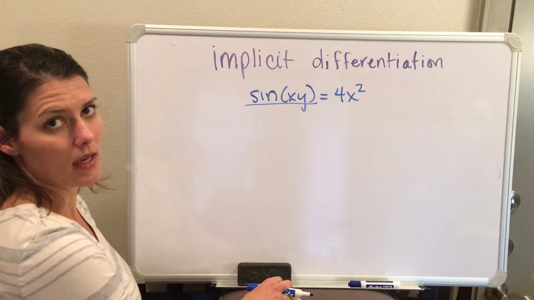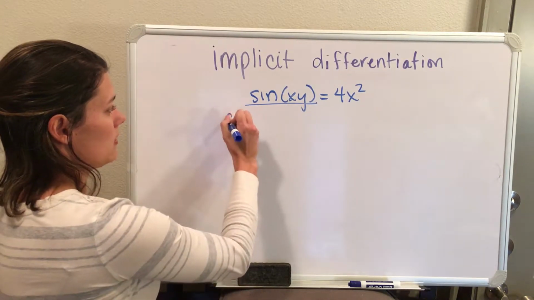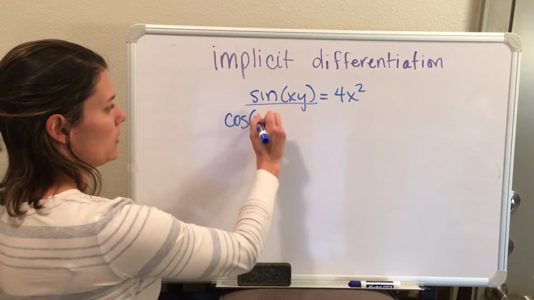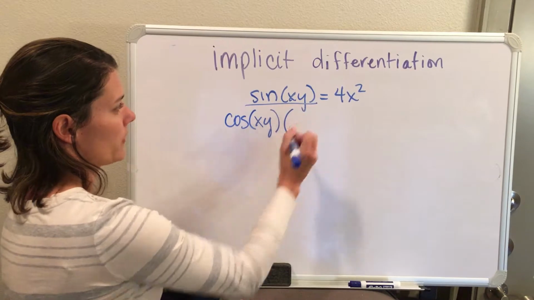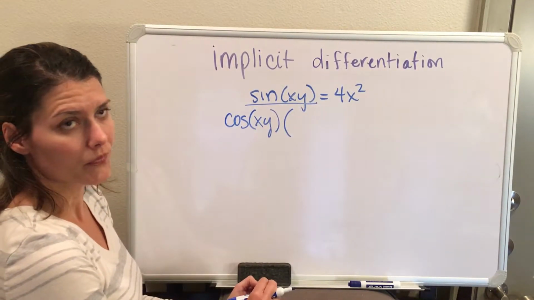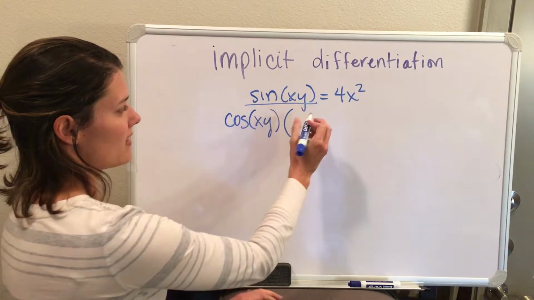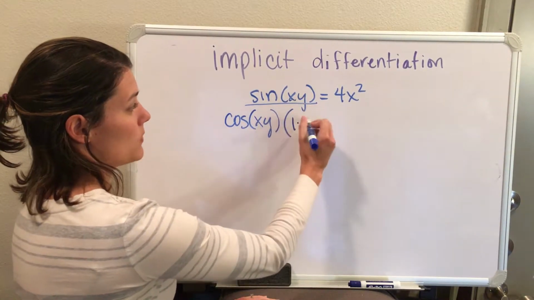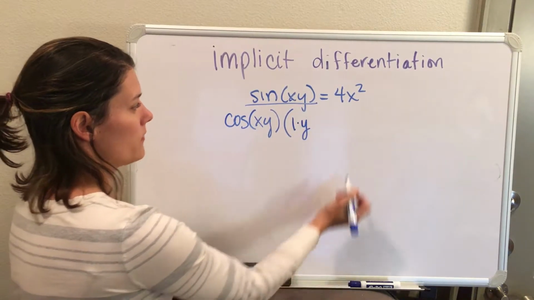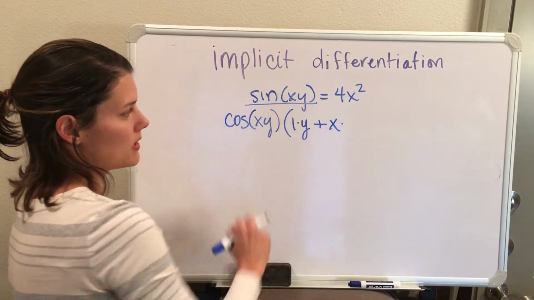this, it's going to be a chain rule. So I'm going to take the derivative of the outside first, which is cosine, but I will leave the inside the same. But to take the derivative of the inside, that is a product rule. So I'm going to do the derivative of the first function first. The derivative of x is 1 times the second function, y, plus the first function times the derivative of the